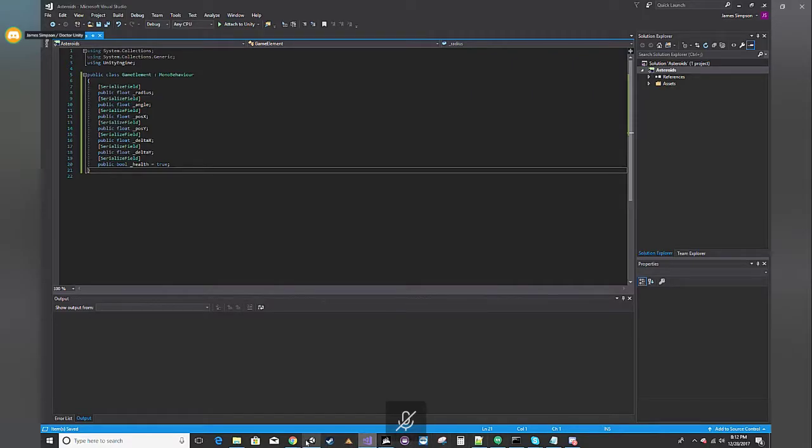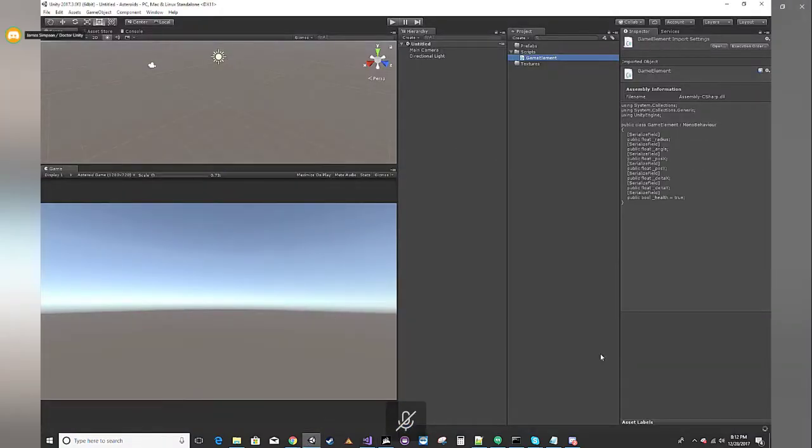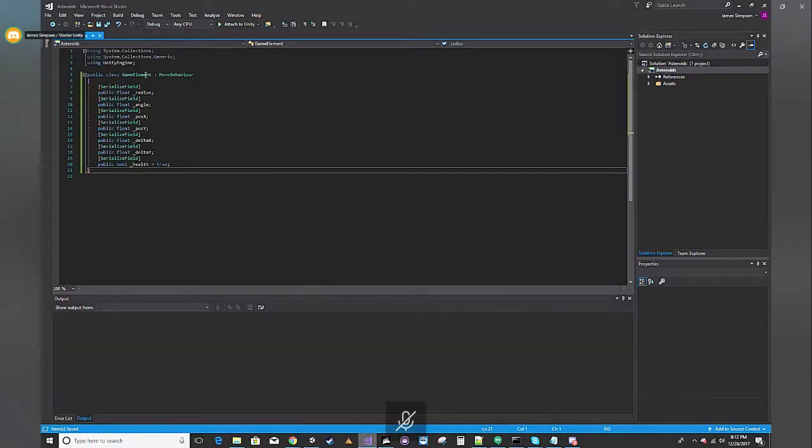Okay, so let's kick on over to Unity and see if this compiles. Oh, wow, it compiled. You'll notice one thing I have is still inheriting from MonoBehaviour. We're still going to be using this as our base class, but with C# you can't actually inherit from more than one class unless you use an interface. So let's go ahead and start working on